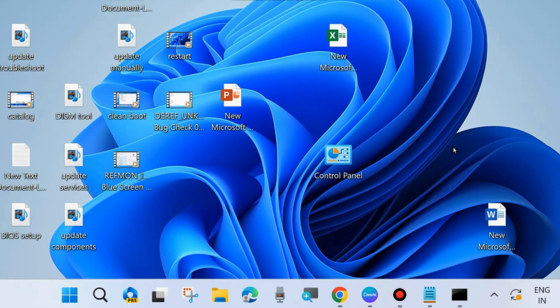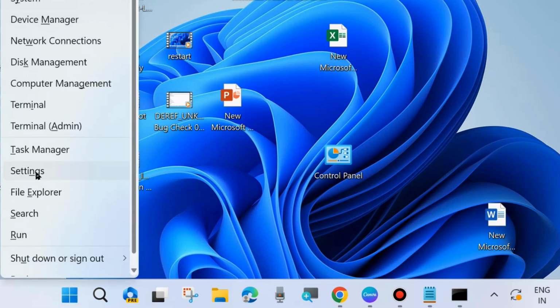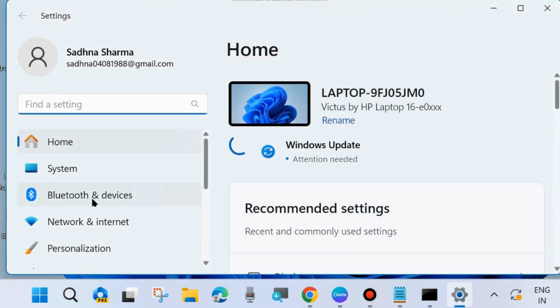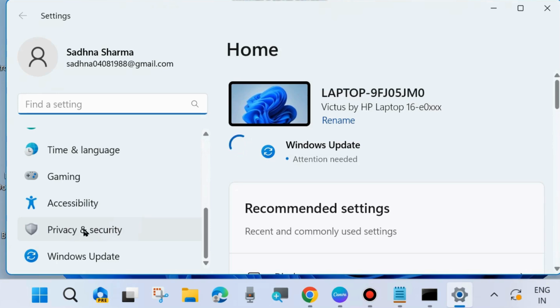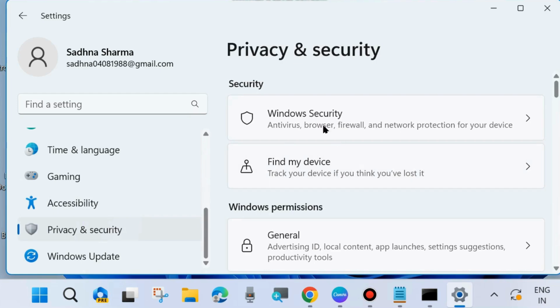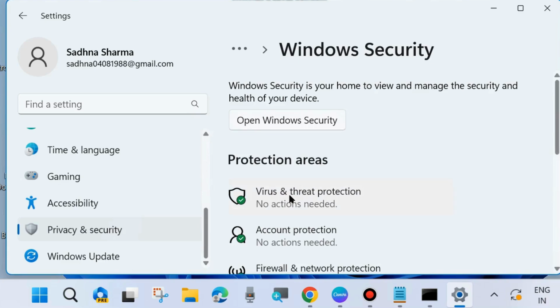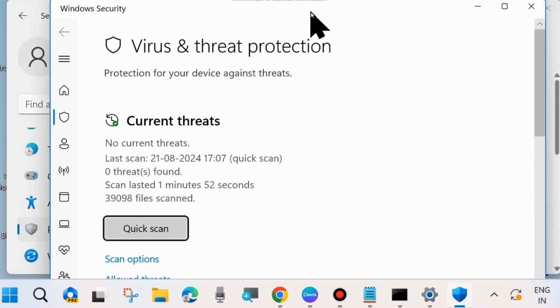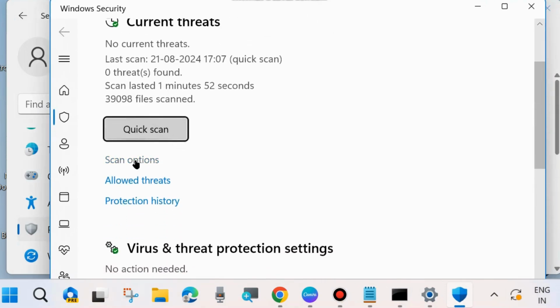Again, open the Settings page of your system: right click on the Start button and choose Settings. From the left side, click on Privacy and security. Thereafter go to the right side and click on Windows Security, and click on Virus and threat protection. A new window will open. Here click on Scan options